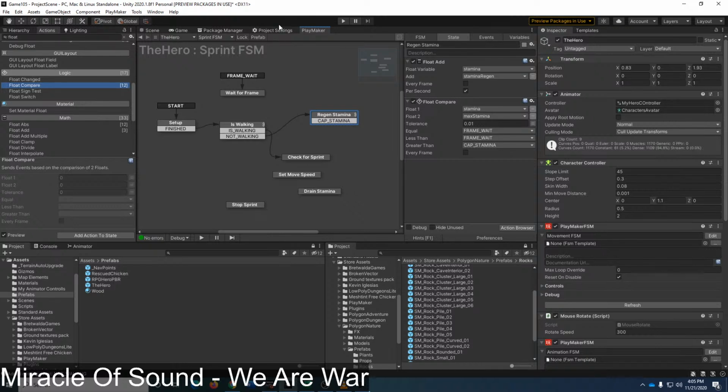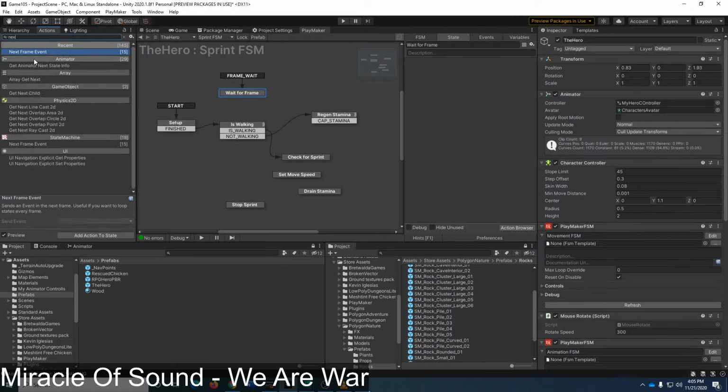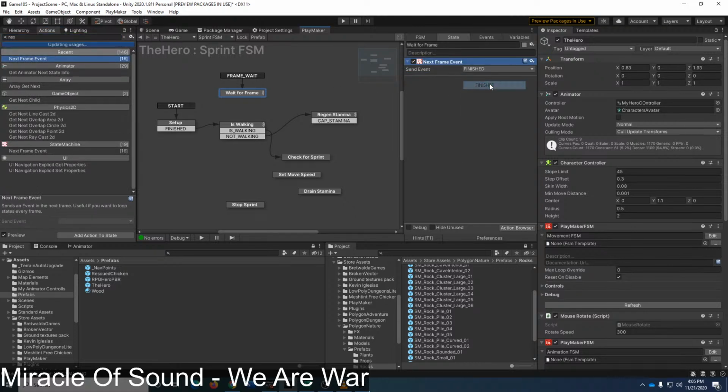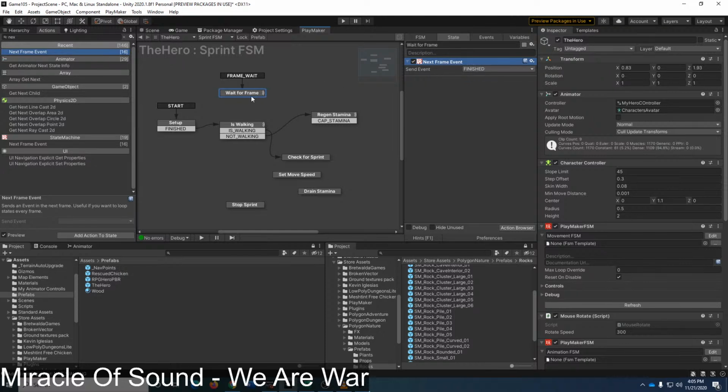So that way we don't got arrows going everywhere. And this will have a next frame event.